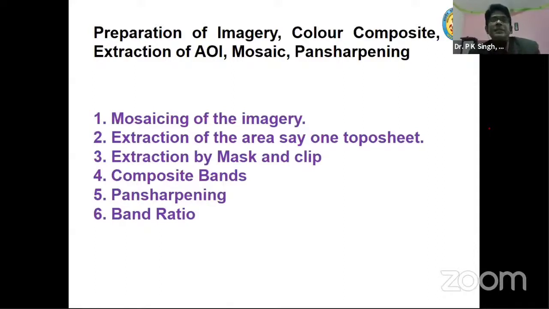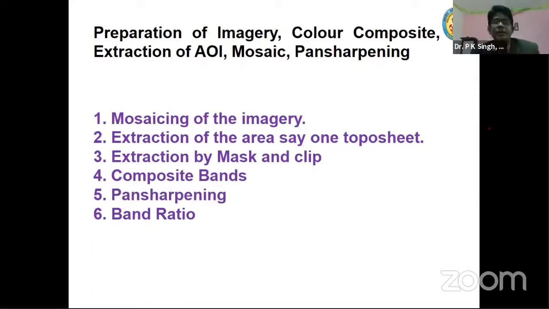And a person from forestry will be interested to know the characteristics of the forest, what type of plants and trees are there, how the forest is depleting or increasing, and the health of the plants at different times. Those types of information you will be extracting. But before that, you have to do some image processing.